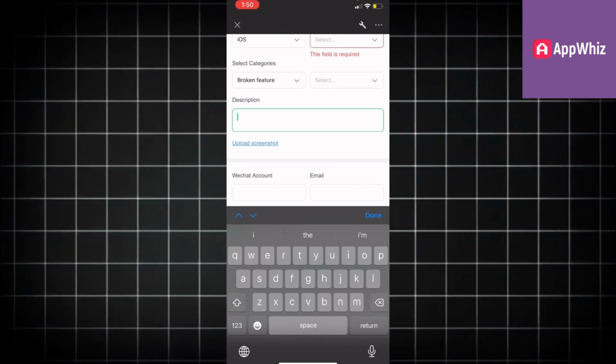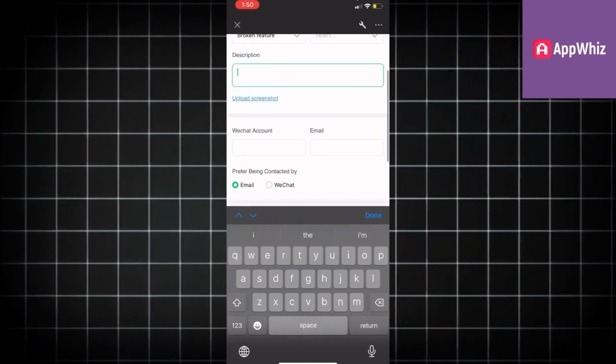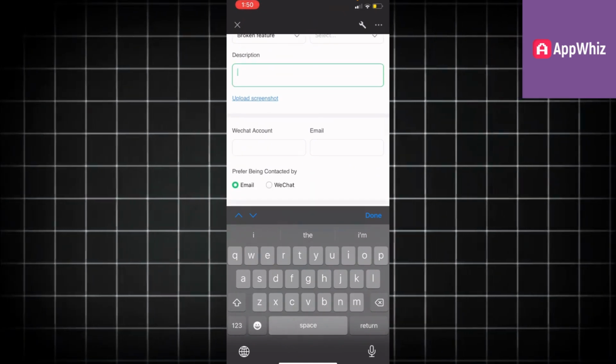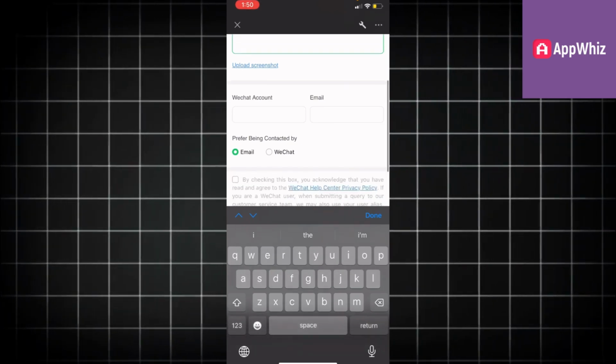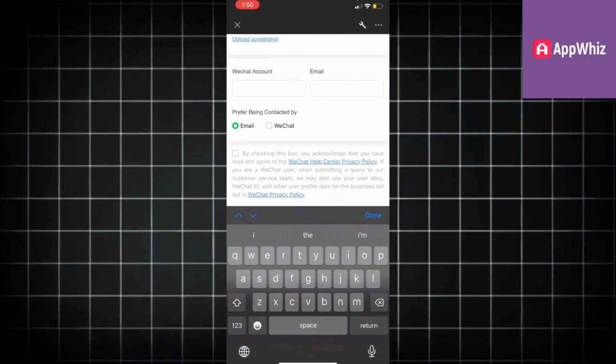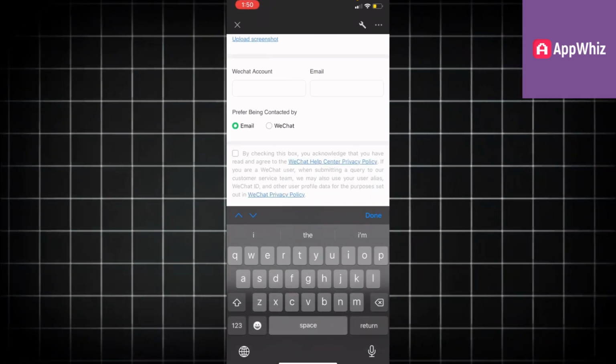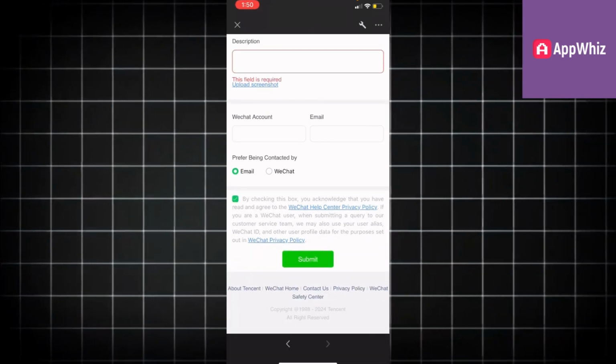And you're going to tell them that you want to use the WeChat wallet without a Chinese bank account, and be as detailed as possible and enter your screenshot right here, if you want to support it with evidence, and enter your WeChat account and email, and basically prefer